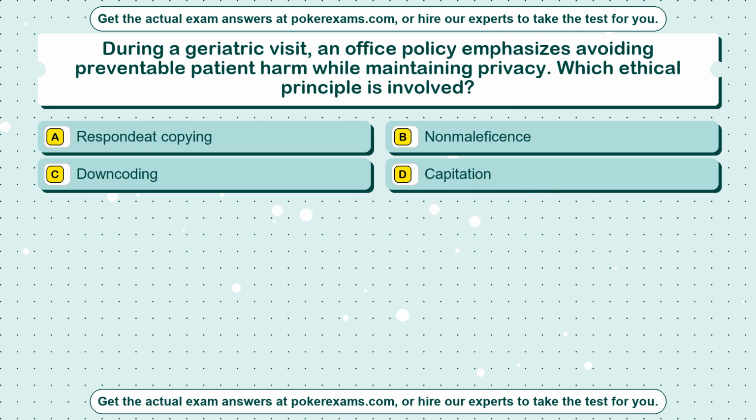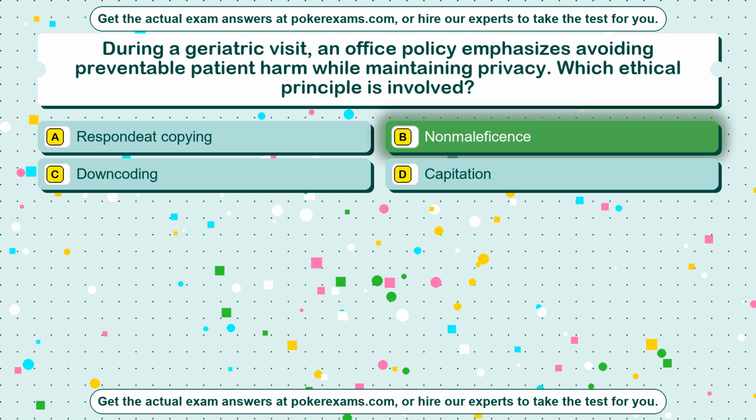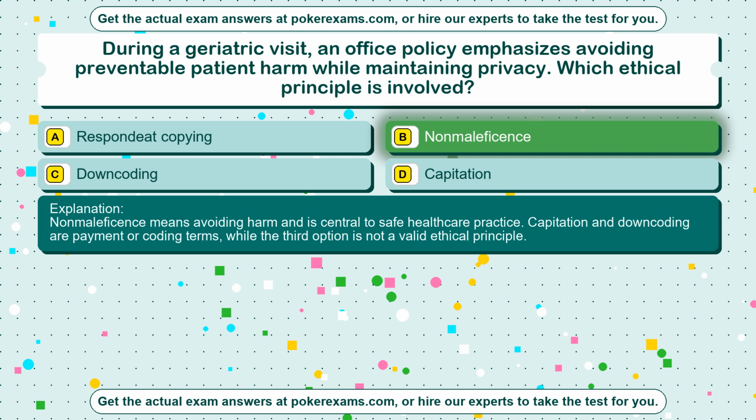Question 86. During a geriatric visit, an office policy emphasizes avoiding preventable patient harm while maintaining privacy. Which ethical principle is involved? Option A. Respondeat copying. Option B. Non-maleficence. Option C. Downcoding. Option D. Capitation. The correct answer is option B. Non-maleficence. Non-maleficence means avoiding harm and is central to safe healthcare practice. Capitation and downcoding are payment or coding terms, while the third option is not a valid ethical